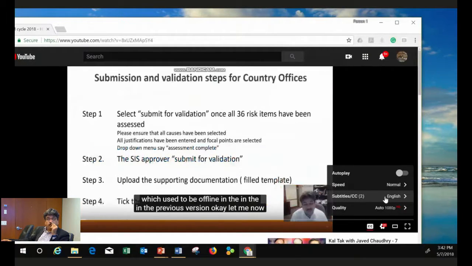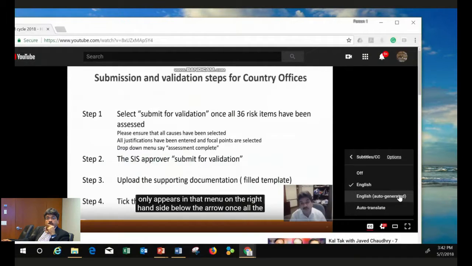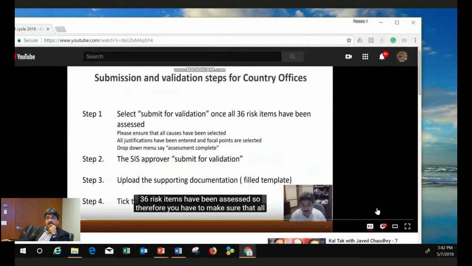The only thing I want to remind you is don't choose auto English. Auto English is the subtitling which is done automatically. Choose English, because that is something which I have entered inside. I've uploaded the text along with the video. So when you go to English and then you go to auto translate,